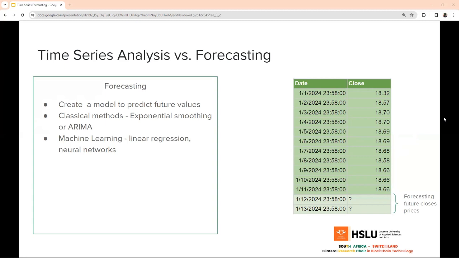Linear regression and neural networks are now being used for time series forecasting. If you look on the right again, you can now see that is where the forecasting will come in. We've done the analysis, now it's time for us to do the forecasting. So now we will move to